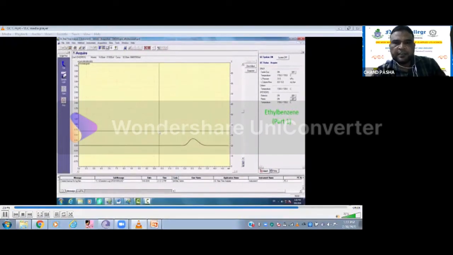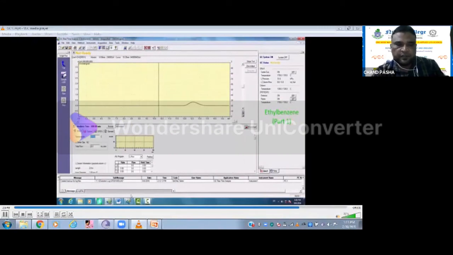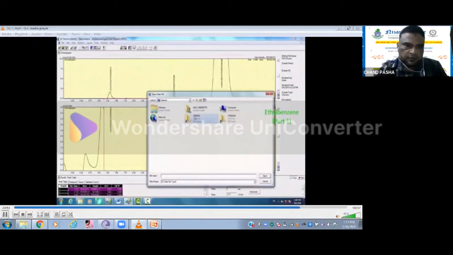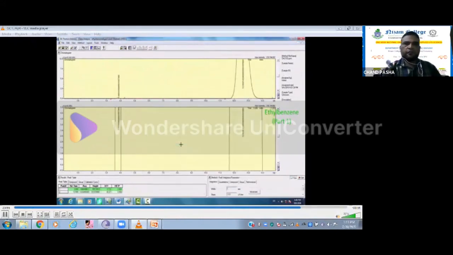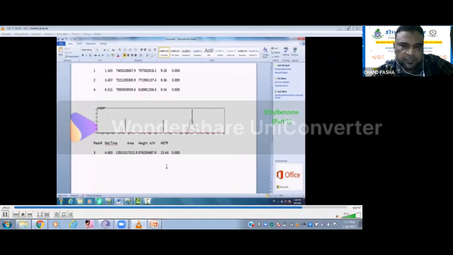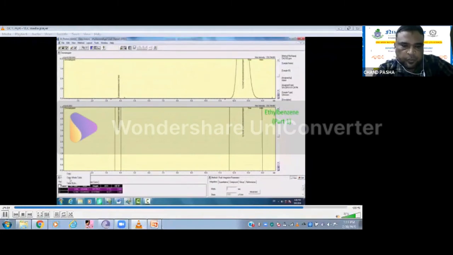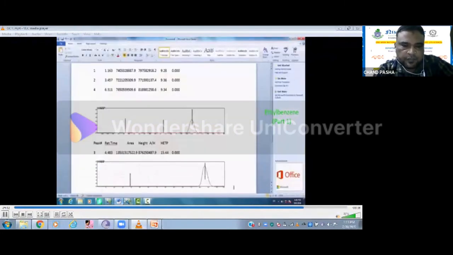Now we'll calculate the area. So we'll go to the file which has been acquired. This is the file which has been acquired. Now we'll take the chromatogram. See, you can see the folder. First, we'll copy the chromatogram image and put it into the report file. This is the one, and this is the non-specific also there. We'll eliminate that one. This is a report area calculation figure.